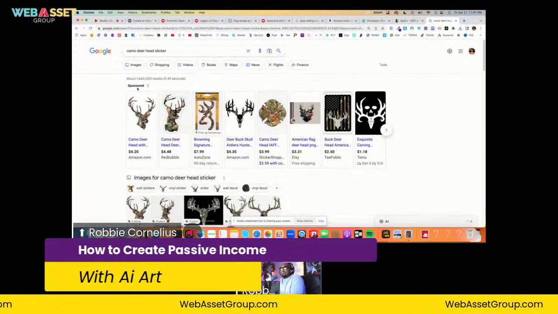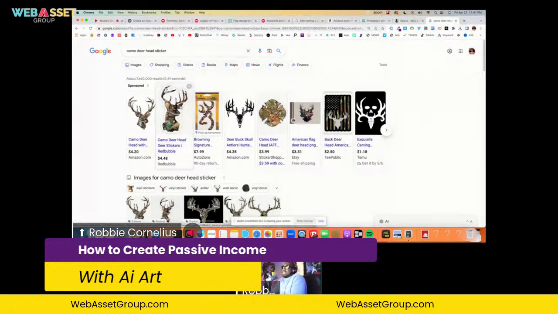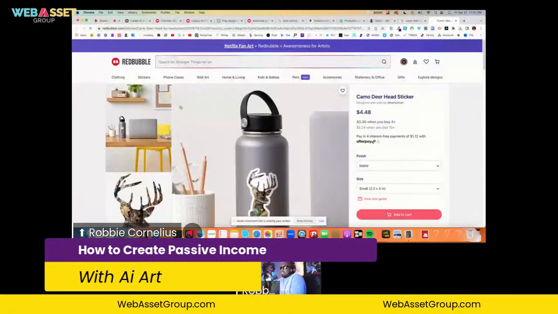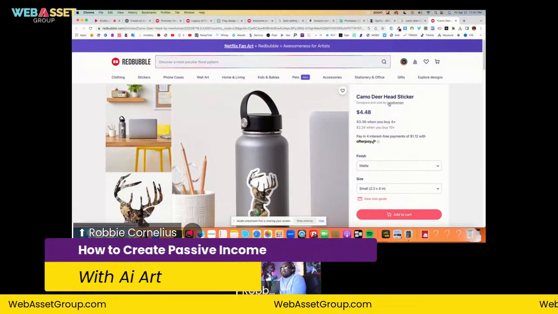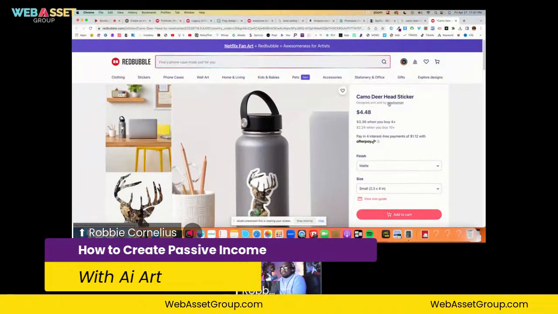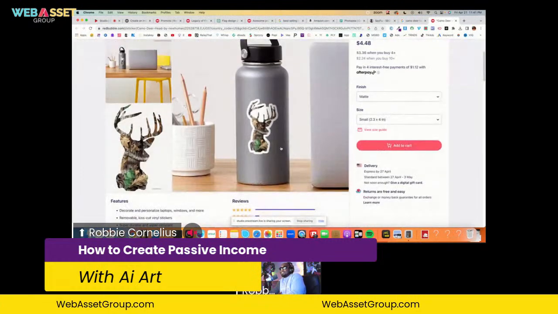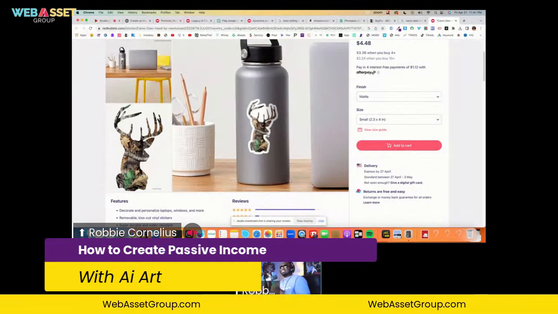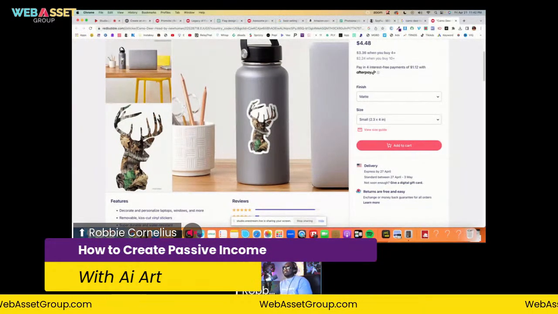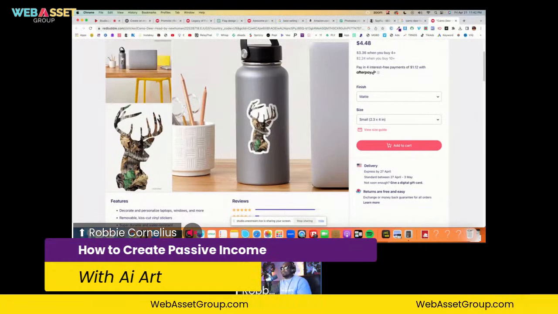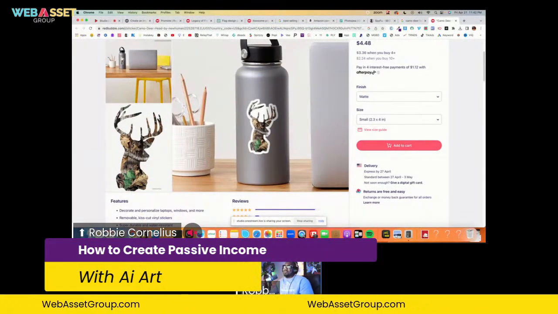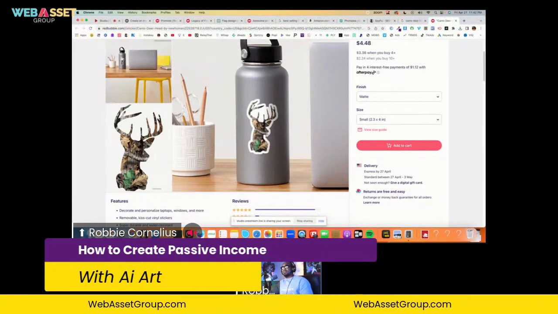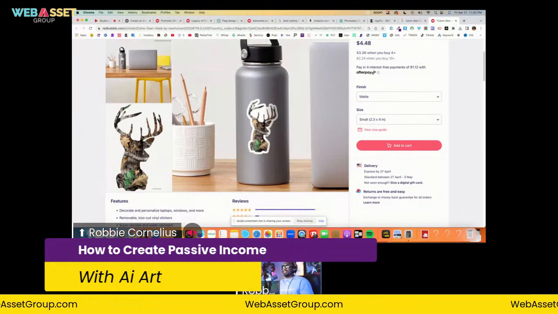And as you see, this is sponsored. That means Redbubble is paying for that ad. When someone clicks on that camo deer head sticker, it says sold by New Human. That's my shop name. That means I'm the one selling that. So I love it because I don't have to spend money on marketing. This is pennies to me. This is peanuts. Although you can make thousands of dollars a day doing this stuff, this is peanuts to me. I don't want to ship any products and market this stuff. That's why I like Redbubble because they already got millions of people coming to it every single month.